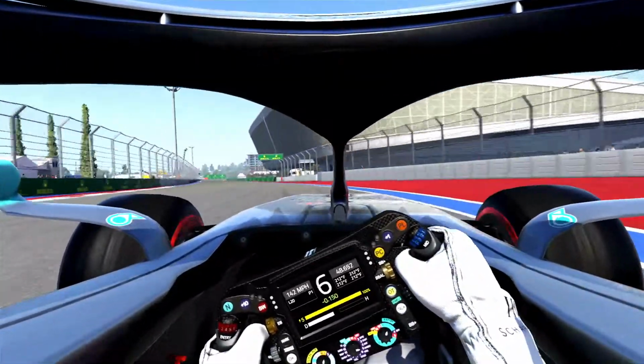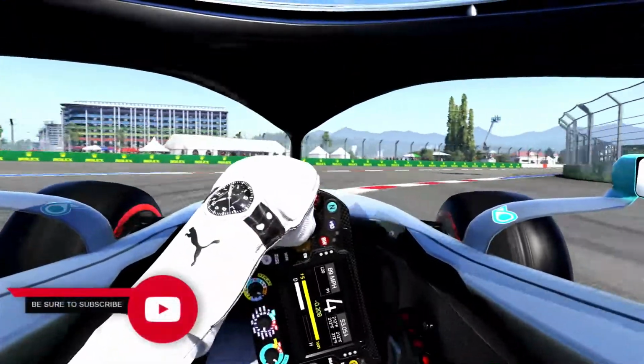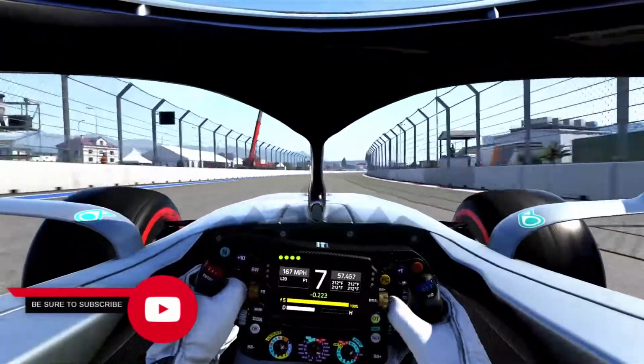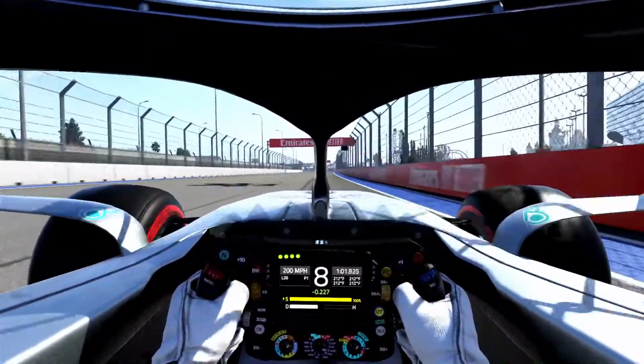This turn is really fast. For turn 10, which leads onto the straight, brake right after the 100-meter board, taking as much curb as you can. And now for the long straightaway with DRS, open as early as you can. Now when going down to turn 13, I didn't do it so much here, but try going to the right